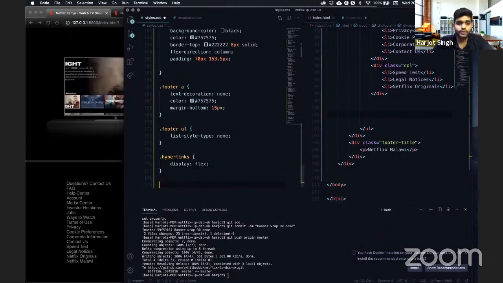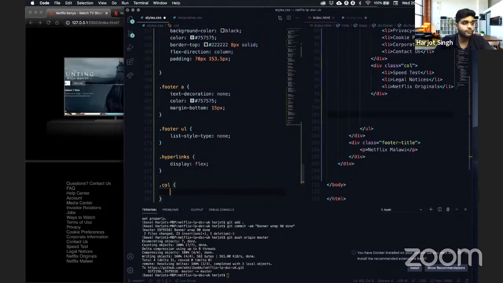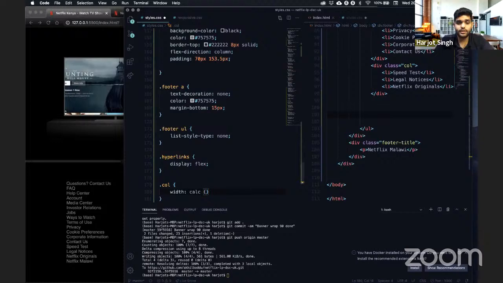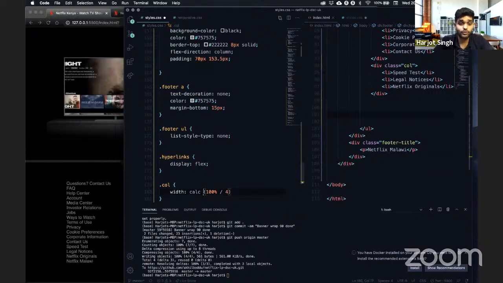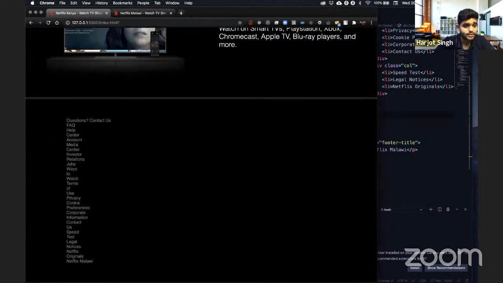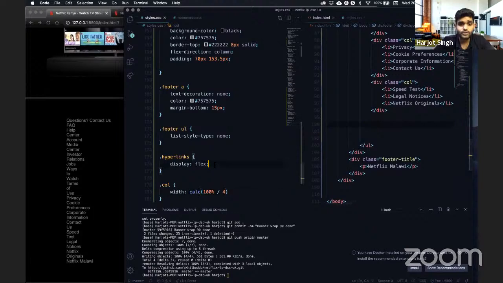Let me give the width of a column. So dot col, I'm going to give it a width of 100% divided by 4. So I'm going to use width, calc. I'm going to use the calc function and say 100% divided by 4 because we have 4 columns. And weirdly, that's still not working. The width did work. So display flex,